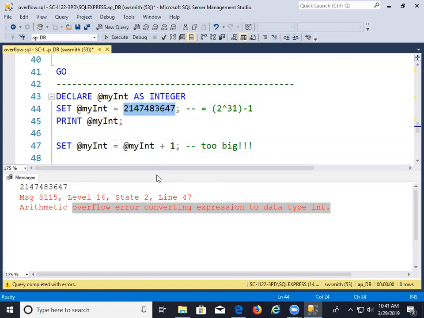I can subtract 1 from it. I can start with one that's 2 to the 30th power and add 1 to it for another billion times, I guess. Anyway, a bunch of times. But I can't, if I take that number, that 2 billion something, which is the maximum integer it can be,